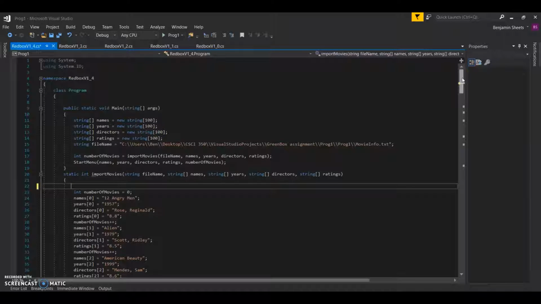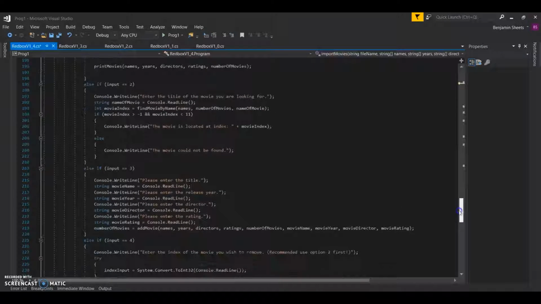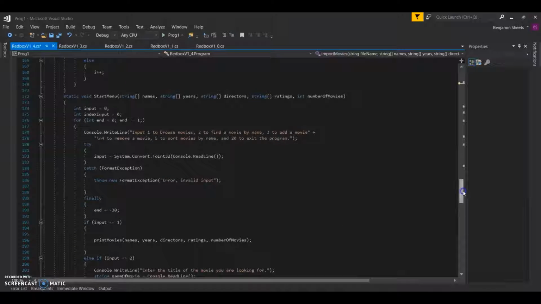Alright, so here is the final version of the main method for part 1. You can see it's really simple and it can only hold up to 100 items altogether since each one of these gets filled at the same time. And really all this one is doing is importing the movies and then printing out the start menu, which all the way down here gives the user